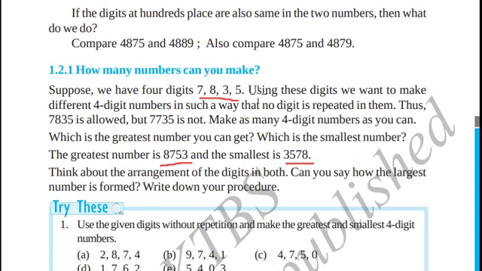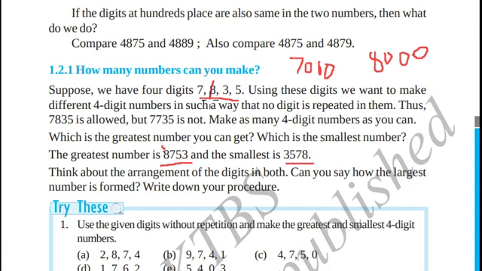Because among these 4 digits we placed 8 at the thousands position. Right? 8 is at the thousands position. Is 7000 greater or 8000 greater? Of course 8000 is greater. If you add a greater digit to the leftmost position, in this case the thousands position, that makes the number larger. Then we are done with 8.